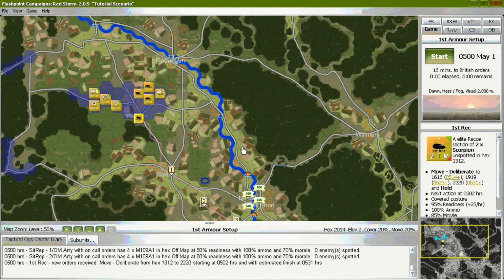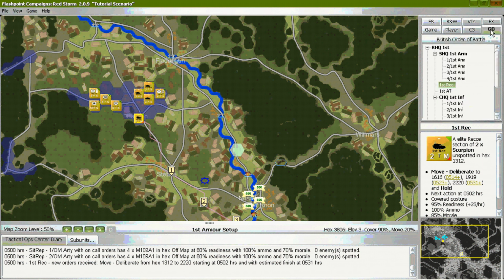Getting anti-tank and air defense assets in place. First, we need to locate the first anti-tank squad. You can go to the Order of Battle tab just under the weather image and find it in the list and click on it. The first anti-tank.